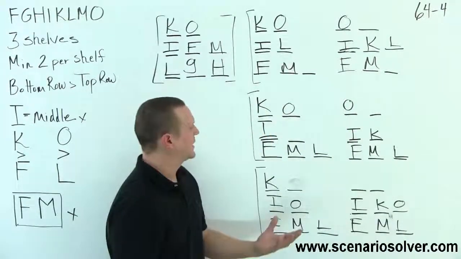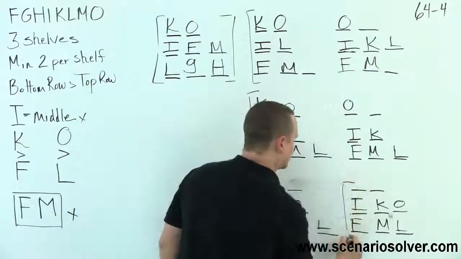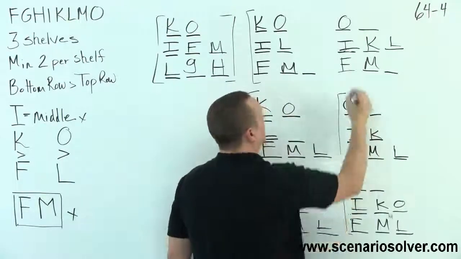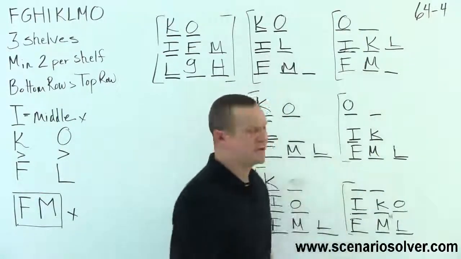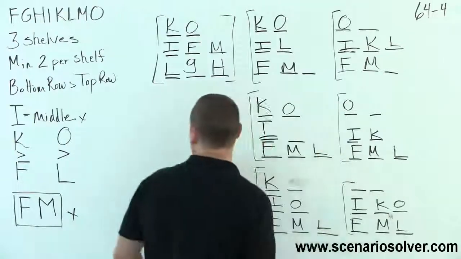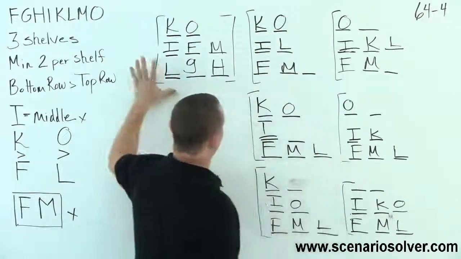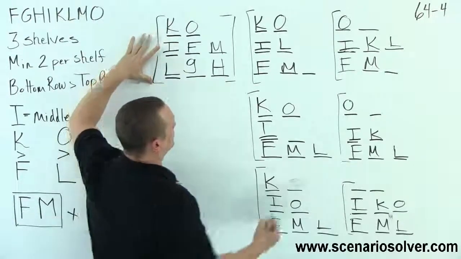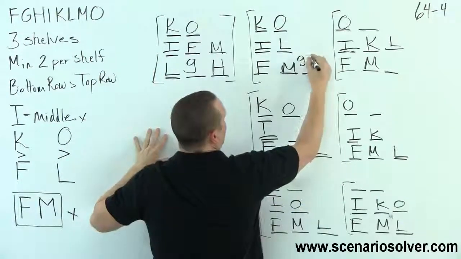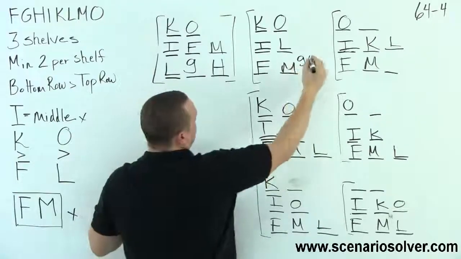Okay, so again, we have a total of 7 scenarios, and we are only dealing now with G and H, and those are not listed in any of the rules. They can basically occur anywhere. So recall, this is totally solved. So we know that we have to have a G or an H here, which means that